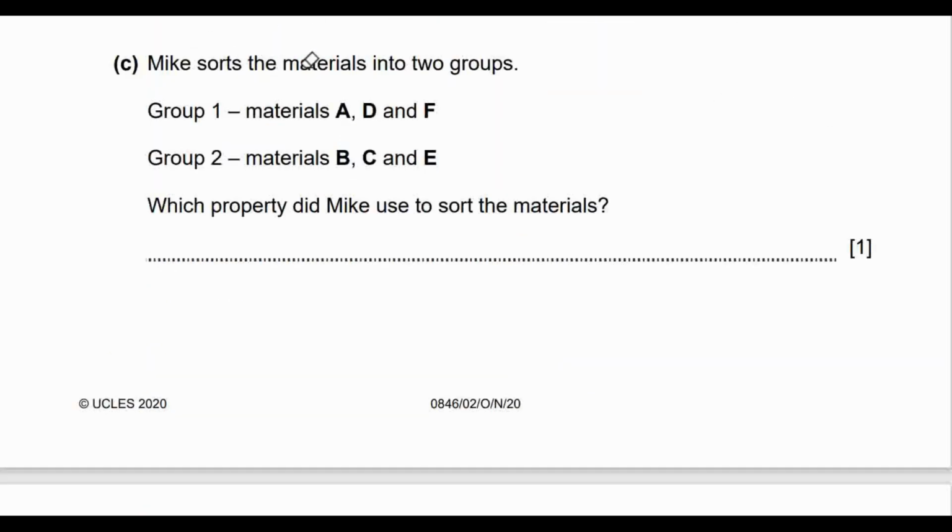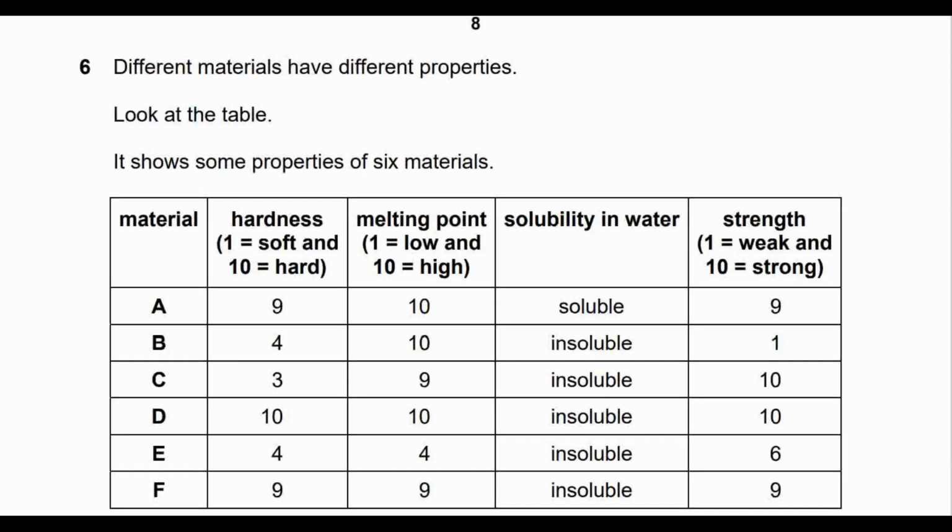Mike sorts the materials into 2 groups. Group 1, materials A, D, and F. Group 2, materials B, C, and E. Which property did Mike use to sort the materials? If we group A, D, and F,